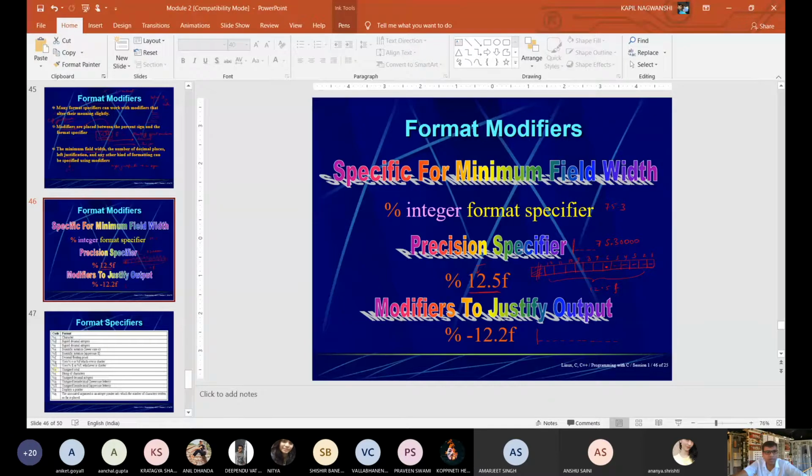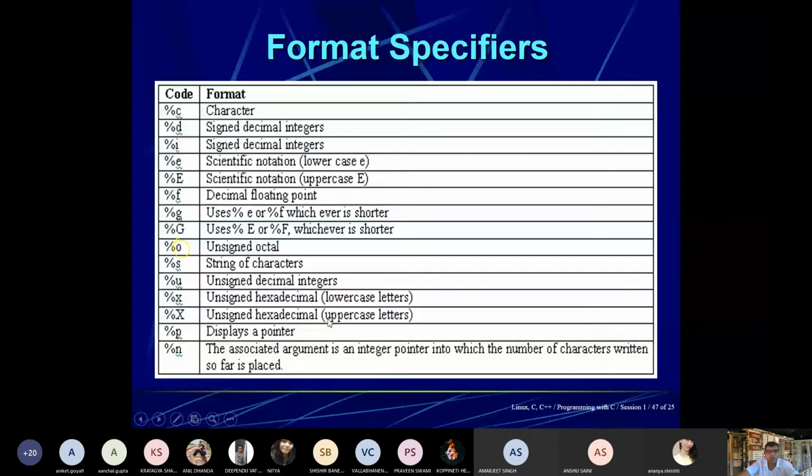We are going to write a simple program in the browser. Any other doubt? Till the browser opens, let me show you some other things. These are the different kinds of format specifiers.